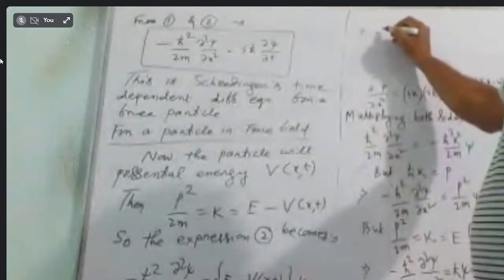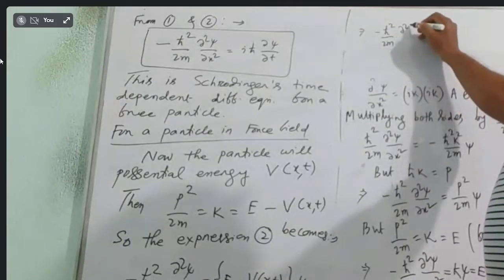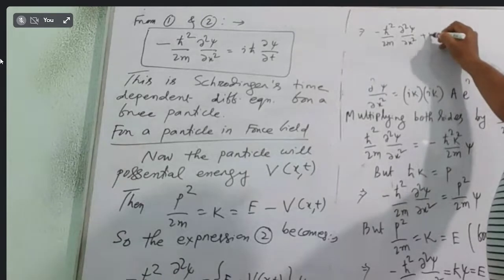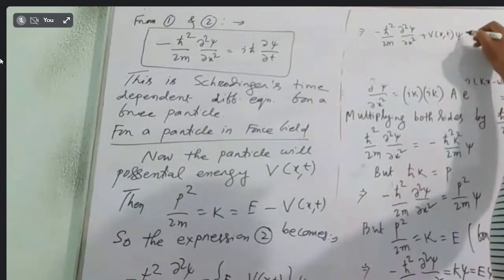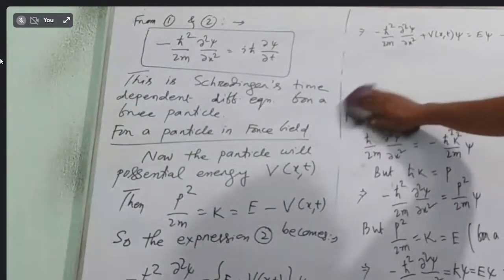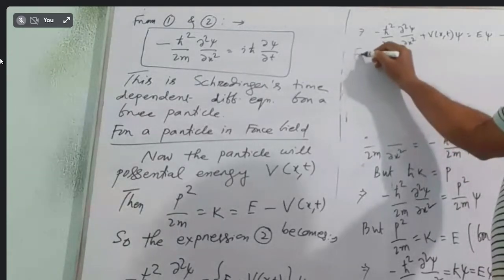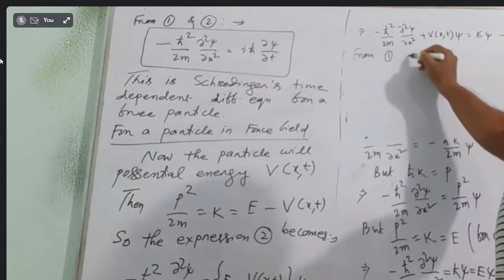So that you can write as minus h cross square by 2m del square psi by del x square plus V(x,t) psi is equal to E psi. This is 3. This is for the case when the particle is moving under the action of a force. It is not a free particle. That you should remember. Then now if you compare 1 and 3,